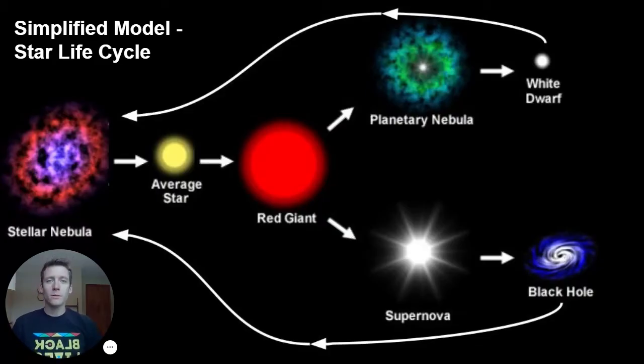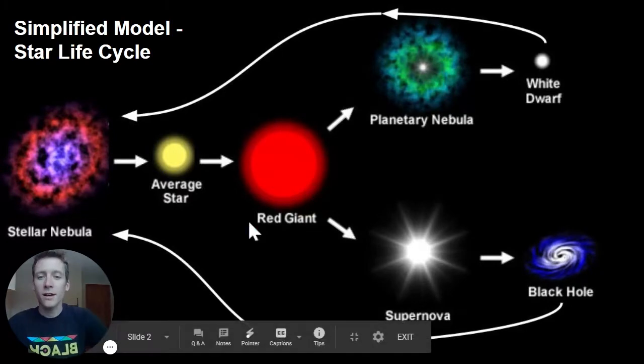Hello everybody and welcome to this video, which is all about the stages that all stars go through in their life cycle, including the star that we all know and love and affects our daily lives, the Sun. You can see on the screen a simplified diagram that represents the stages that all stars go through in their life cycle. Depending on how big or small that star is will determine which stages it goes through in the later portions of its life.